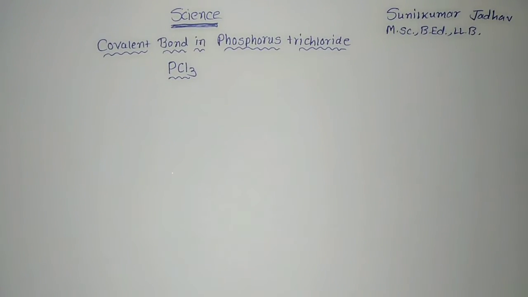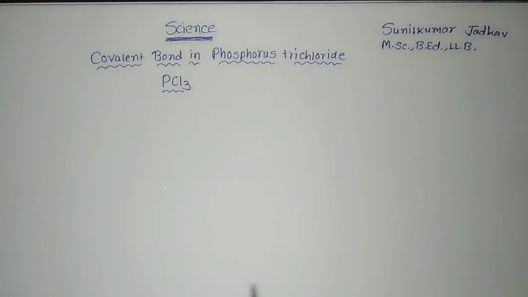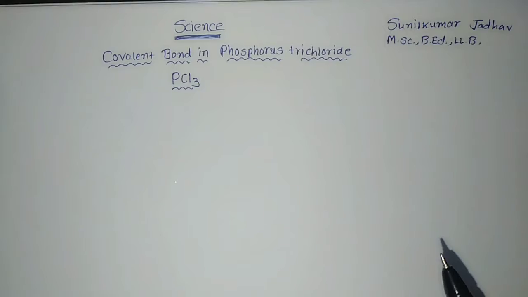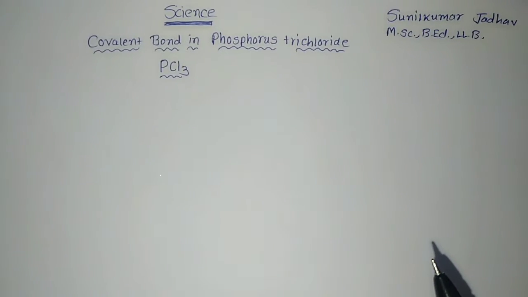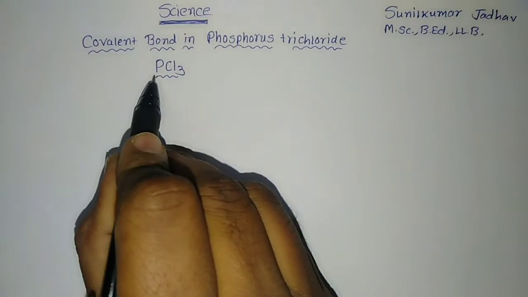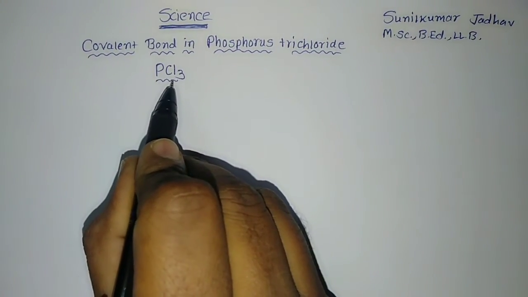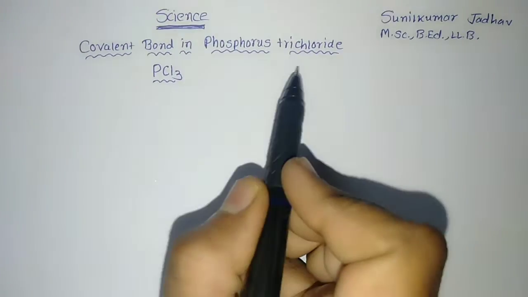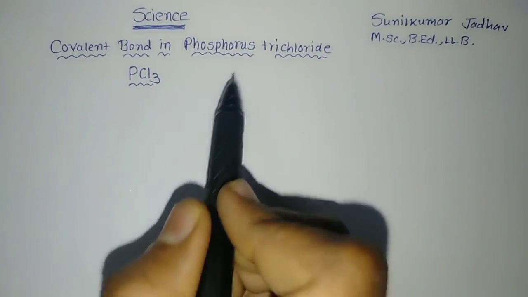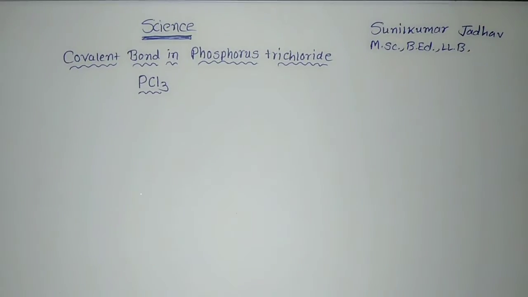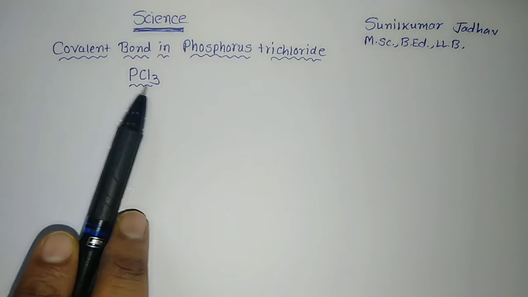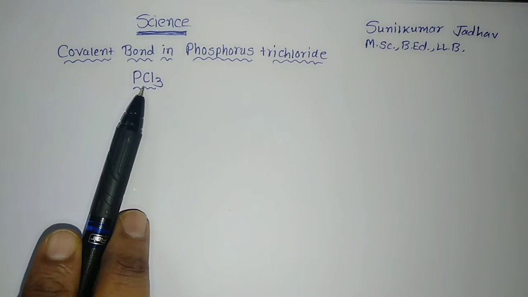Let us begin. First of all, PCl3 is named phosphorus trichloride. So how do we give the name? We need to remember that while giving the name, the first element, phosphorus, we take the whole name, and then for chlorine, we add the suffix -ide to make the name, that is phosphorus chloride. But here you can see there are 3 chlorine atoms, hence we write phosphorus trichloride. This is its IUPAC name.